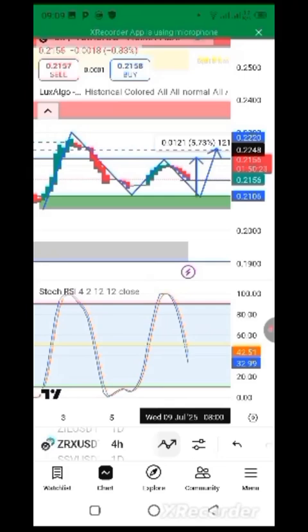I hope you are learning something. We can say the last coin. Let's see a coin like